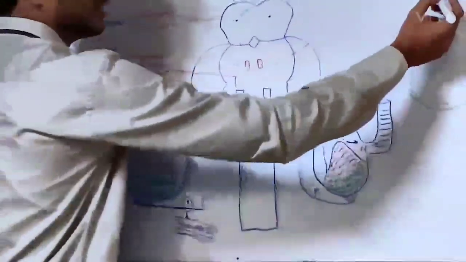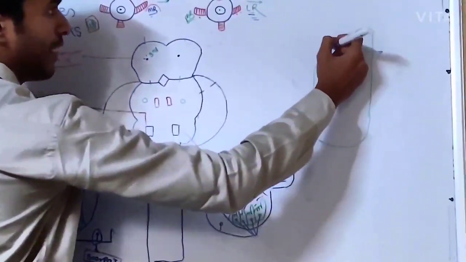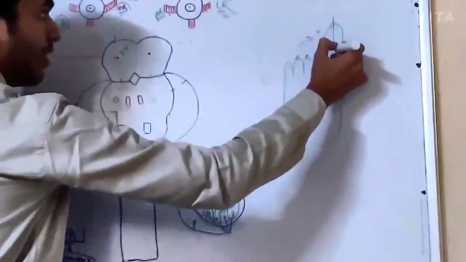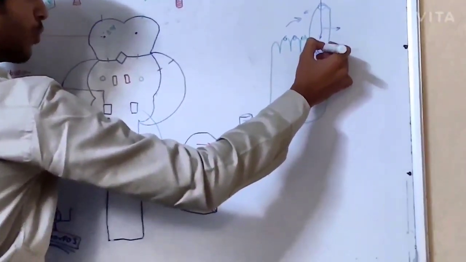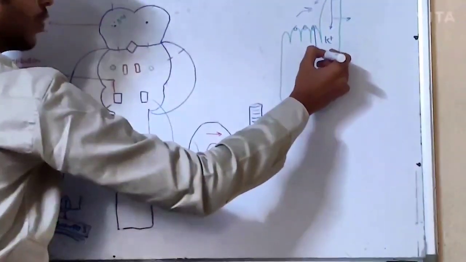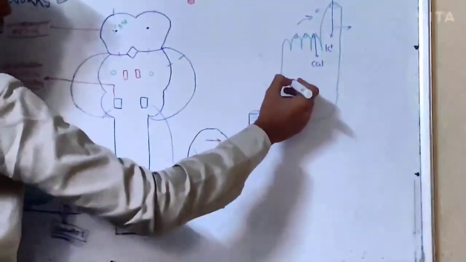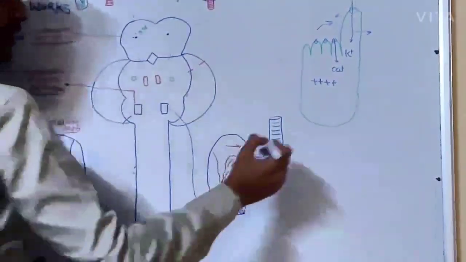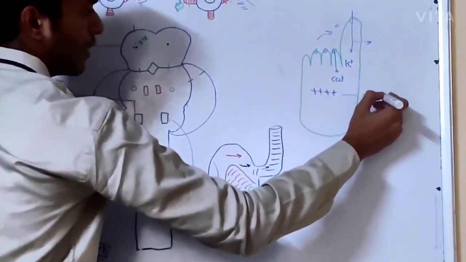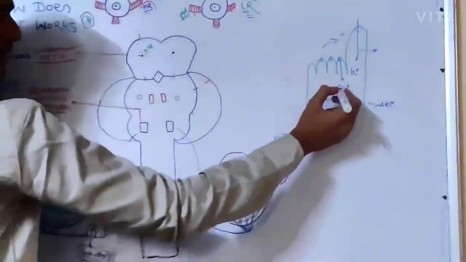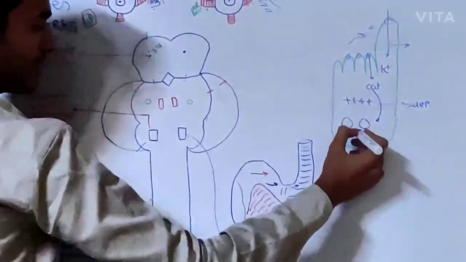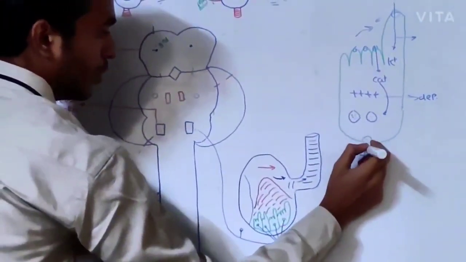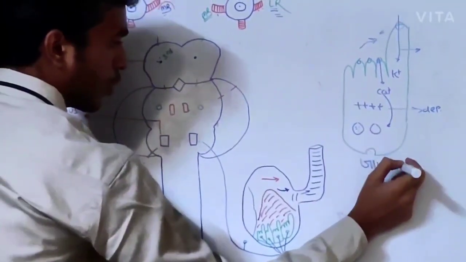As the kinocilium moves towards the stereocilia, the channels here will open, and through these channels there is an influx of potassium as well as calcium. Due to this influx, the net positive charge will increase, and we say the cell is now depolarized. Now this calcium is going to bind the synaptic vesicles, and they will undergo exocytosis, and there will be a release of neurotransmitter, preferably glutamate.